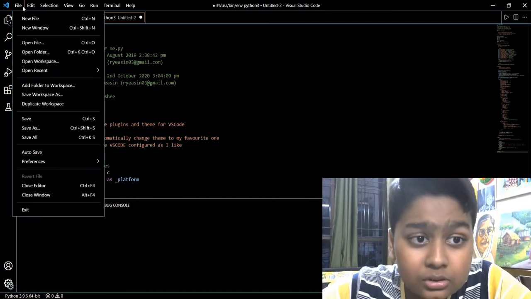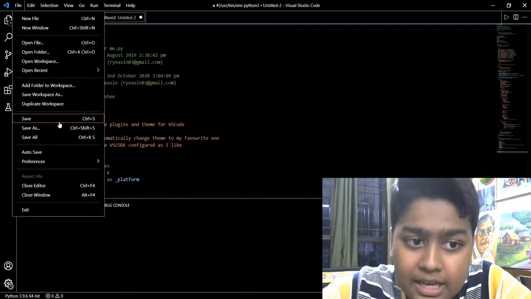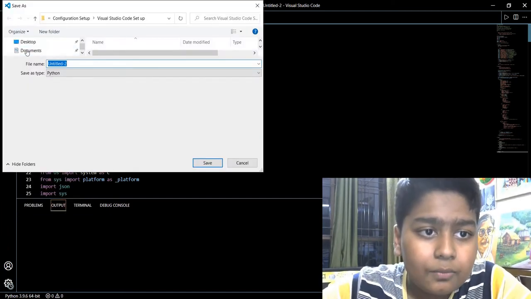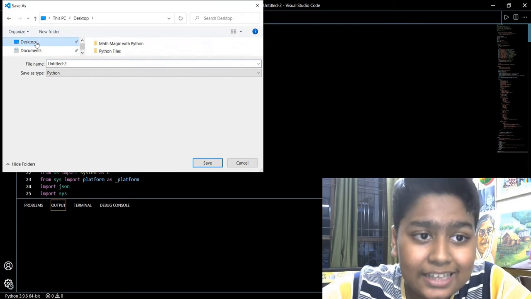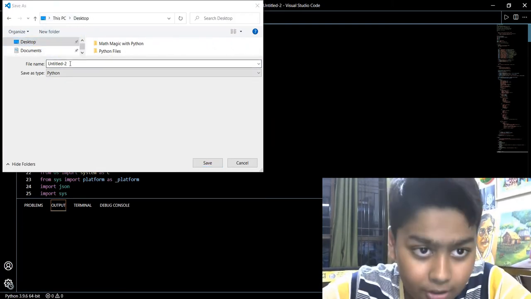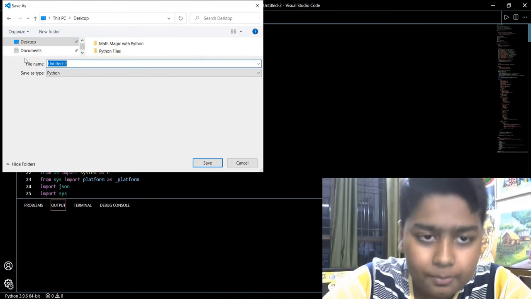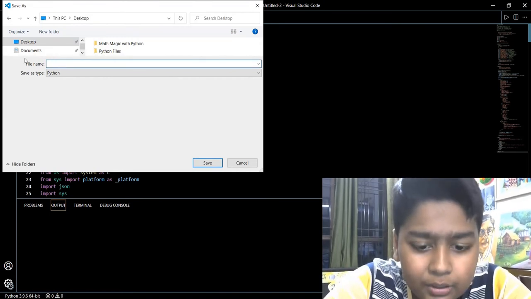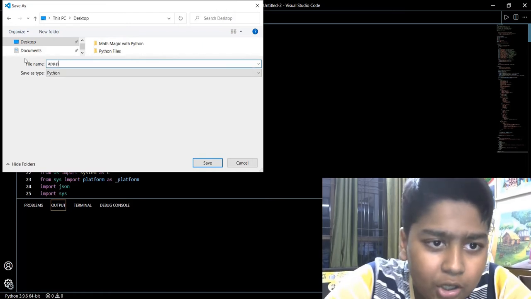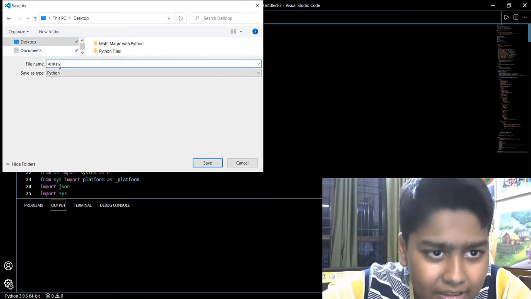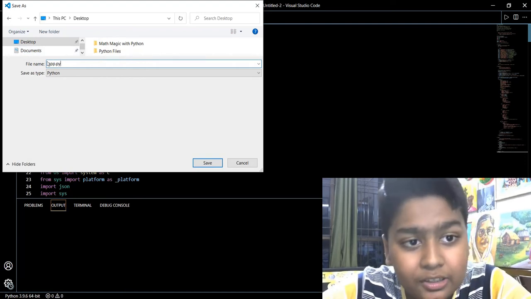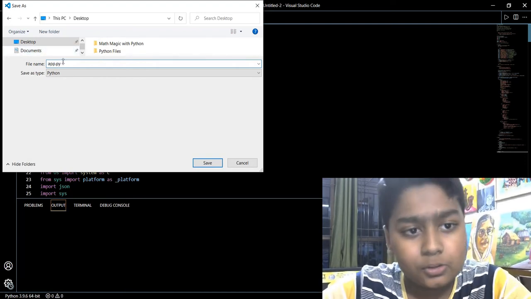Then the most important part: click Save As, then select Desktop. You must select Desktop. Then you will give it the name app.py. Remember the capital letters and the small letters, where you wrote capital letters and where you wrote small letters.